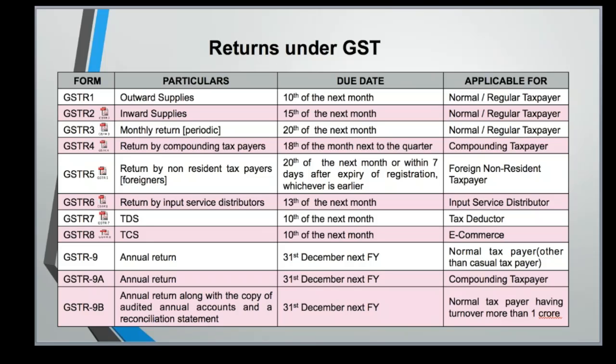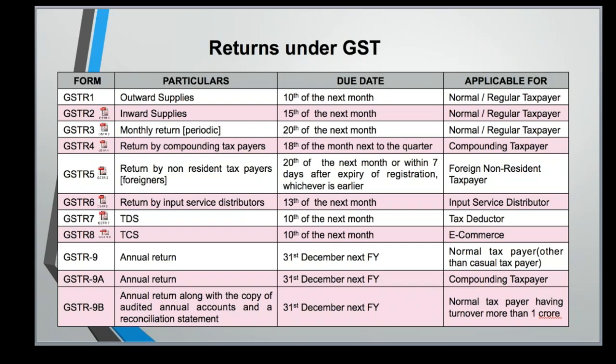Payment voucher and receipt voucher. A receipt voucher you have to issue whenever you get an advance. Whenever you treat a receipt of money as an advance, then you have to issue a receipt voucher, based on which tax has to be paid. A payment voucher is for all payments made to unregistered persons. So if you purchase goods from an unregistered person, you may have to prepare a payment voucher when you make the payment to the vendor.